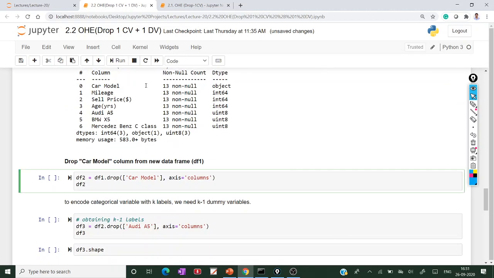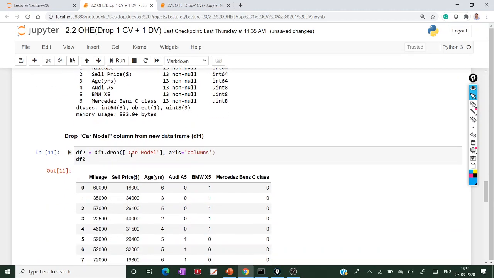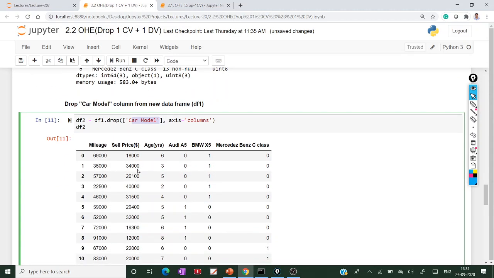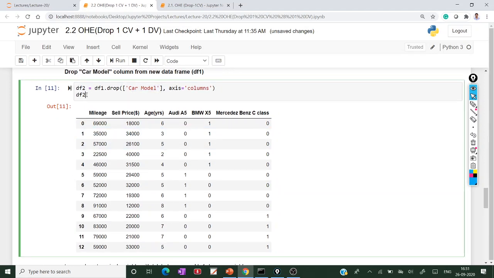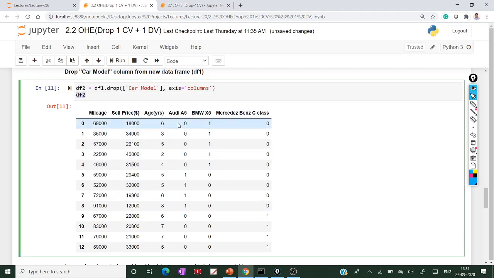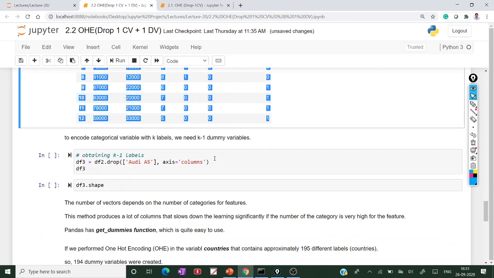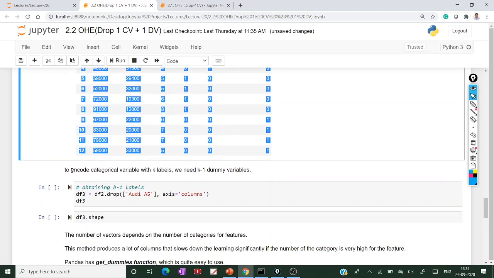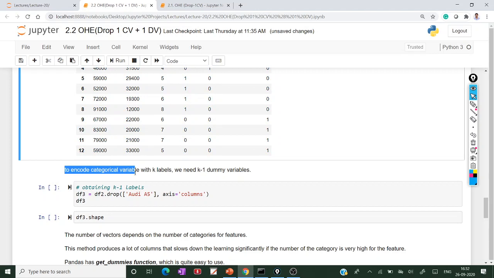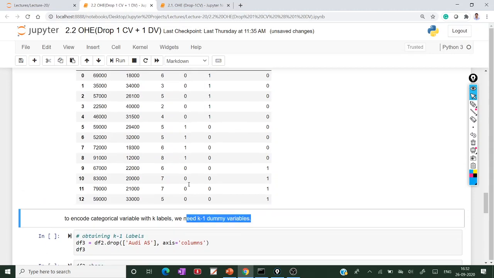See, first I drop the car model categorical feature from the data frame. This output belongs to df2. In df2 there are 3 dummy variables, but actually we don't need all 3. In an encoded categorical variable with k labels, here k is equal to 3, we need k minus 1 dummy variables, so 3 minus 1.